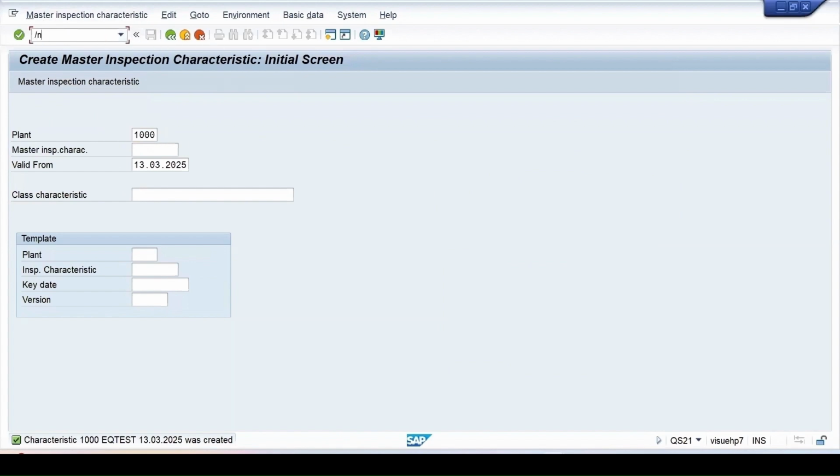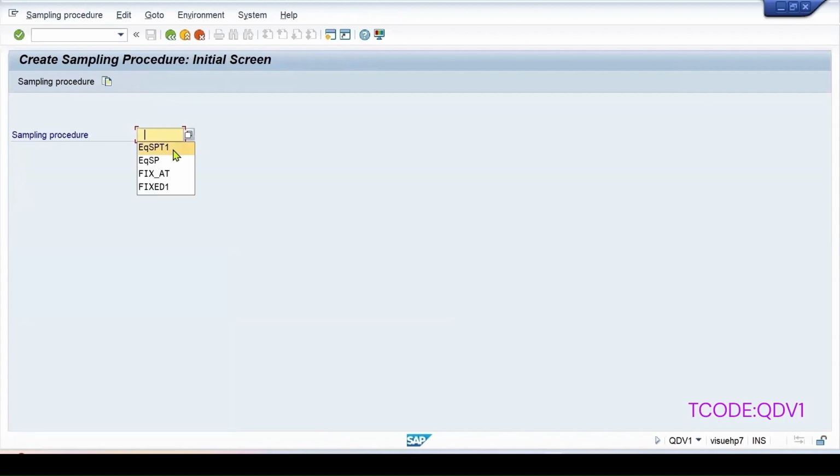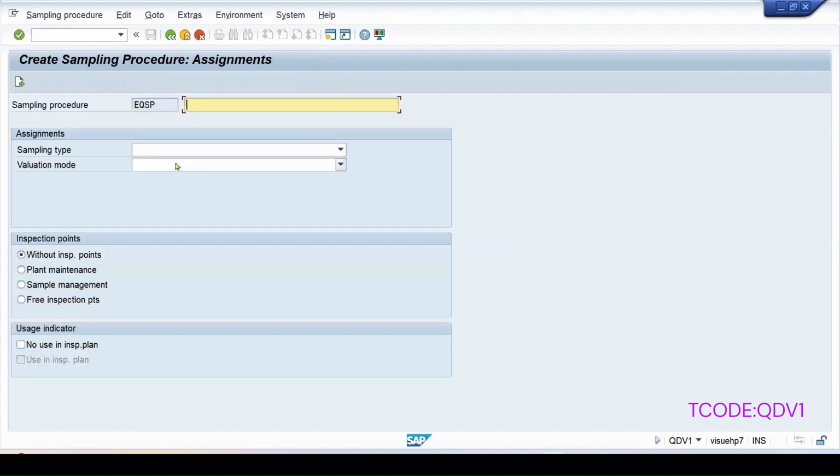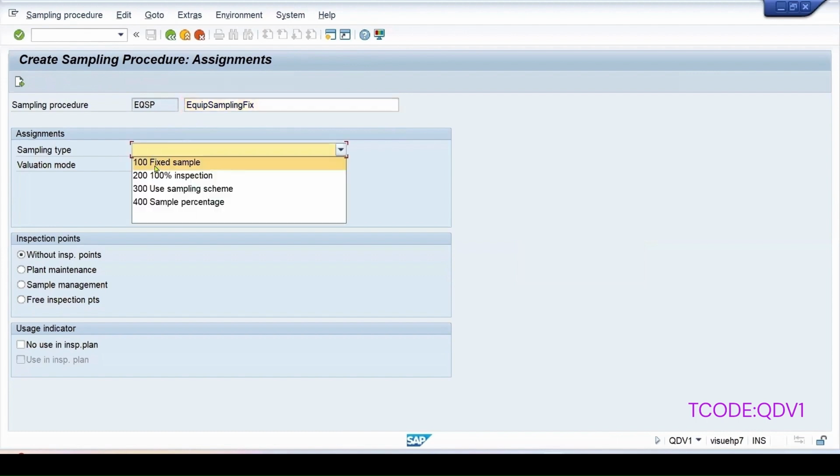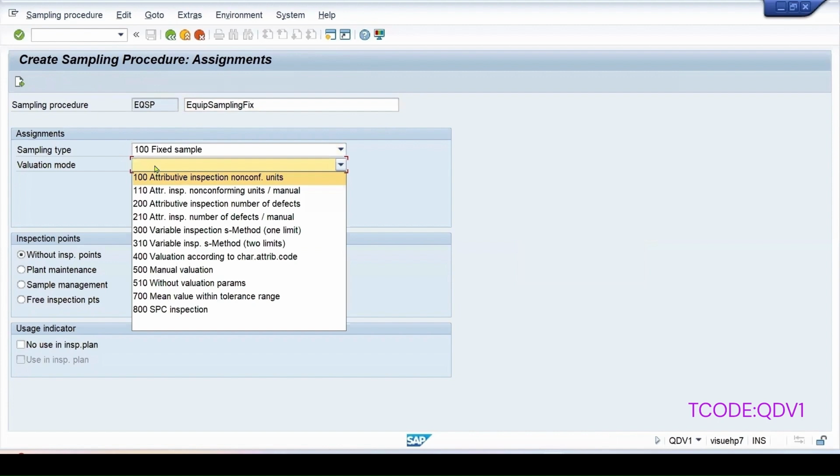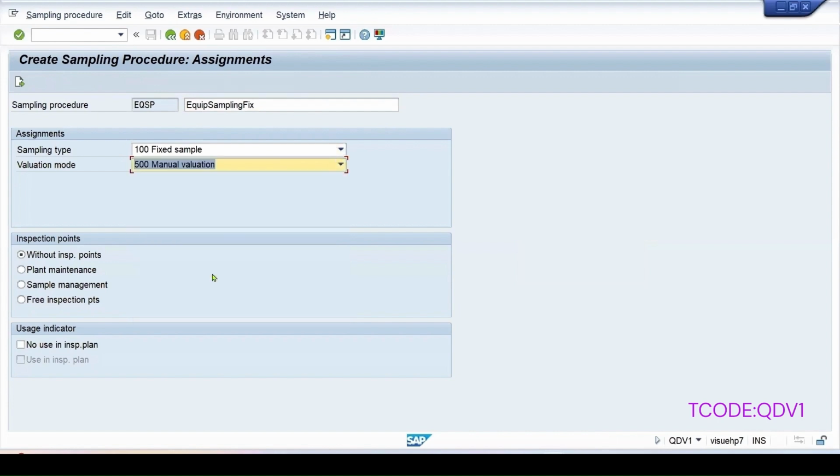To create a sampling procedure, the T-code is QDV1. Enter, and I can enter, say, let's take continue, and I can enter the description. Sample type I'm selecting as fixed sample, and the valuation mode I'm selecting manual valuation. In the inspection point, when I want to use the sampling procedure for calibration, then I have to select plant maintenance